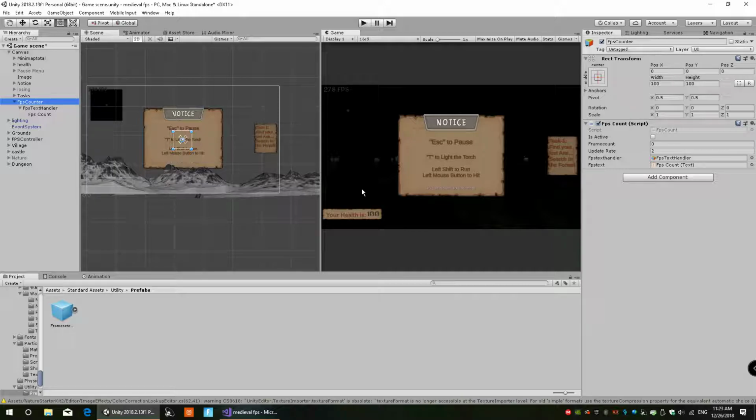In this tutorial I'll be showing you how to make an FPS counter, which stands for frames per second counter. So to do that, before actually doing that,